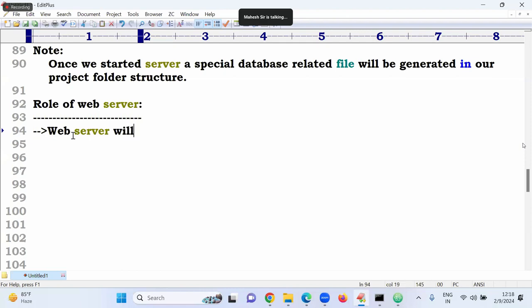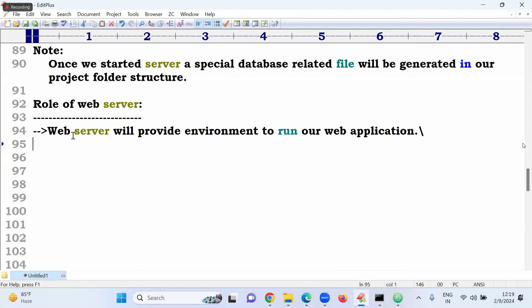Web server will provide the environment to run our web application. Web server is responsible for sending the response to the end user based on the URL pattern, project, application, and view. First of all, web server is